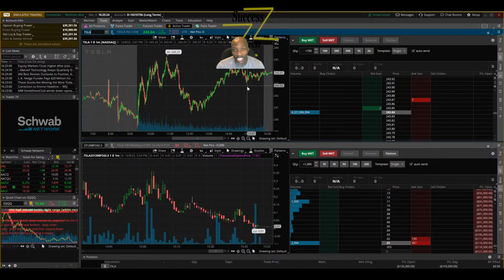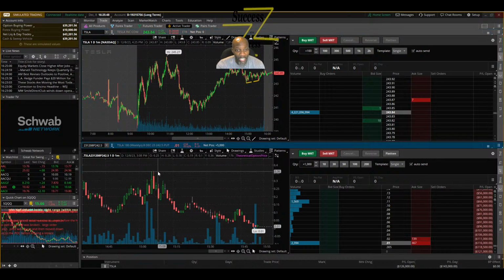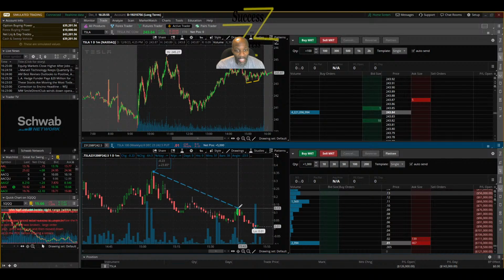So a difference of 16 cents, or 0.08%. You would think that it would be a 0.08% difference here because it came back just about to where it was before, right? But instead of 0.08% difference, you're now looking at a